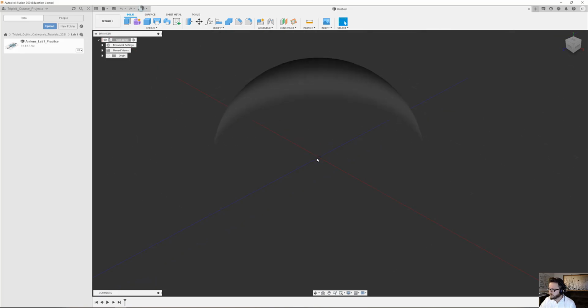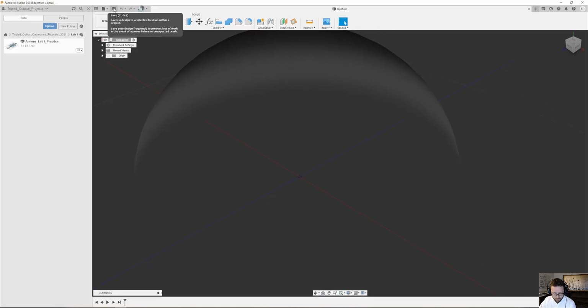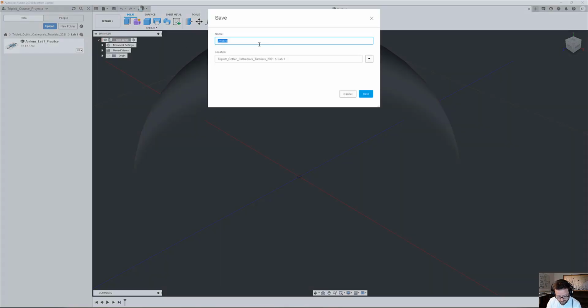So this is what it's going to look like when you first open the software. You all should have your account right here. It's going to be saving things automatically. Right now it's just called untitled, so until I actually give it a name, it's not going to save anything. So even before I get started, I'm going to hit save, and I'm going to call this